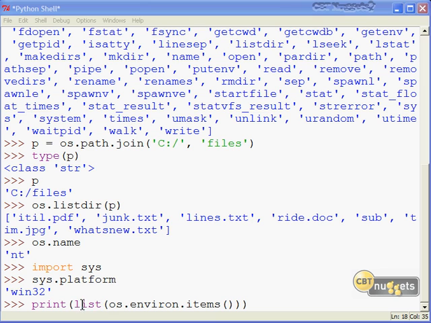Inside that print, you see we have a call to the list function, which we've already become well familiar with. You'll remember that you can throw, say, a string or other object at a list function, and list will come back with, you guessed it, a list of values. What are we passing into the list function?